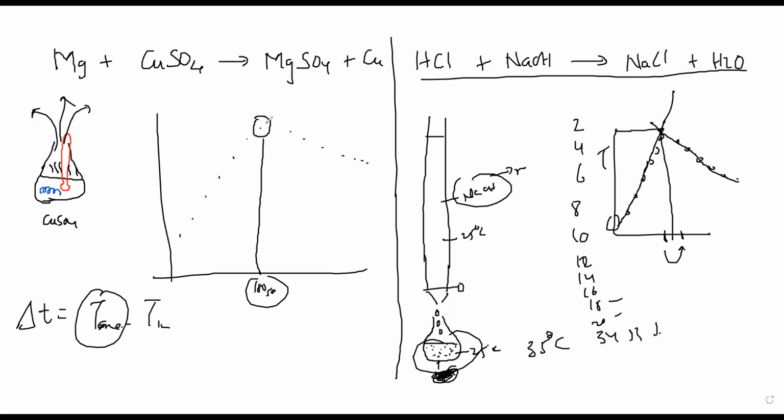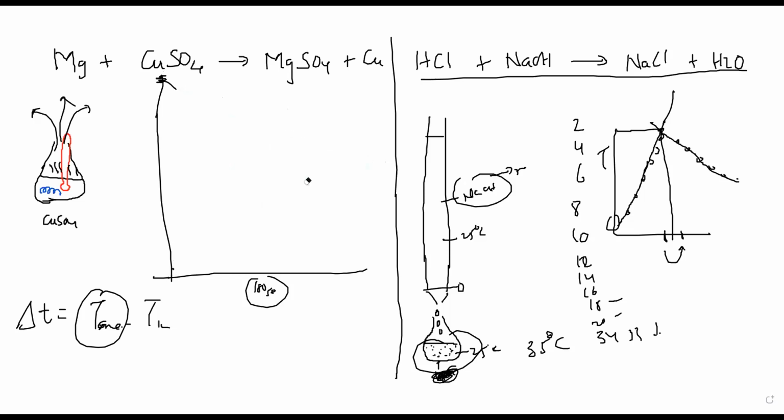Okay, so how do I get that? How do I know, if this is not the maximum, then what is maximum? So for that I need to extrapolate the cooling curve, just the cooling curve. And I will extrapolate it till the time when the reaction started. So suppose reaction started here, so I will take the y-axis here. Sometimes what happens is that reaction is not started immediately, reaction starts after some time. So I'll have to take a